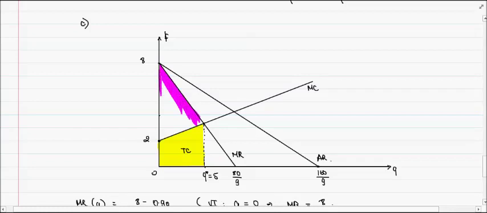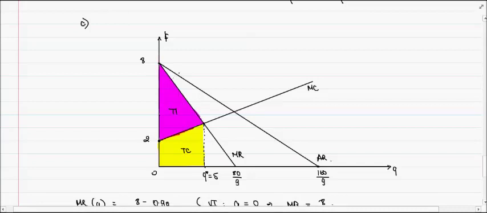Okay, so this is the maximum profit that the monopoly can get by producing at the profit maximizing level of output Q star. Alright, so this is the profit for the firm,